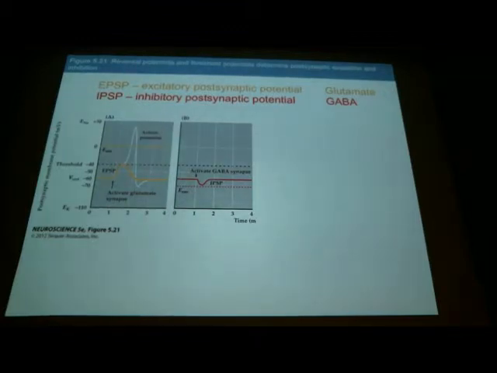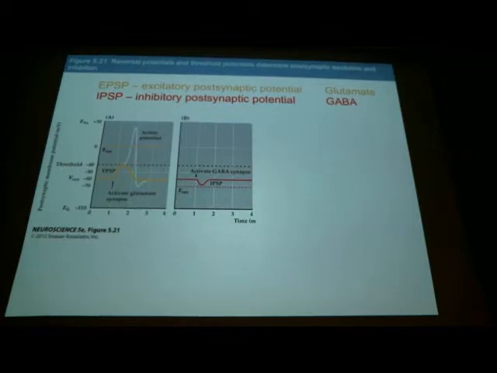Okay, so just to give you an overview, this is all very intuitive, I think. When you activate a glutamate synapse, here we're just measuring the voltage, so we're in current clamp. We're measuring voltage, with time on the x-axis. You activate a presynaptic synapse that happens to be glutamatergic, and you can measure an excitatory potential. If this excitatory potential is big enough that it reaches what we would call threshold, we get an action